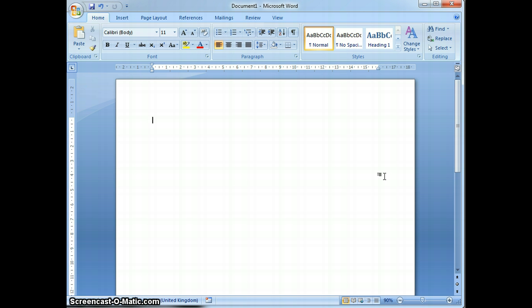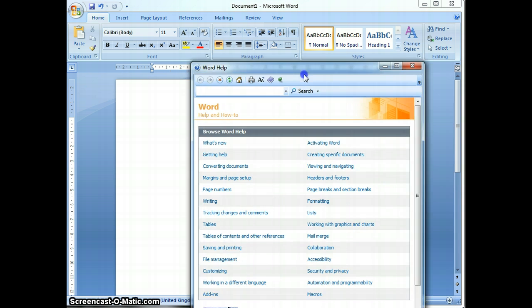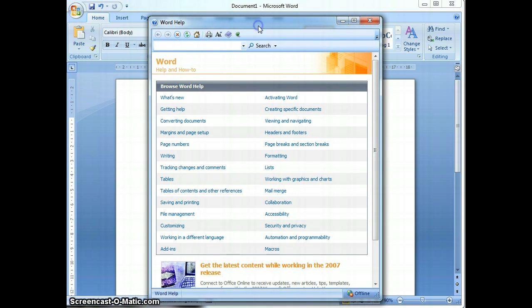So first of all, I could actually use the software. So this is Microsoft Word, and in each piece of software you tend to find help features that you can use to find out how to solve a problem. So in this version of Microsoft Word, I can click on this button up here, which looks like a question mark. I can click on that, and what that will do is it will load this window. And this is Microsoft Word's help feature.